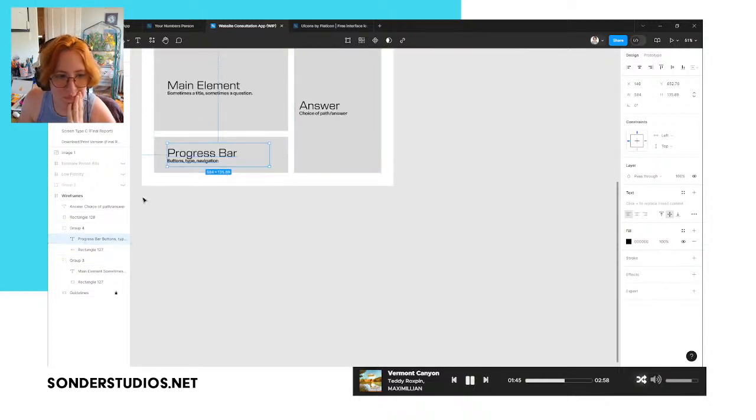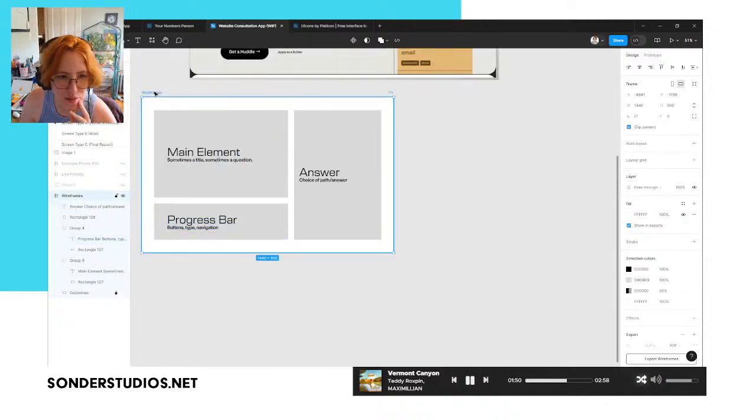Okay. I think I'm comfortable with the wireframes for now. Let's do some lo-fis.